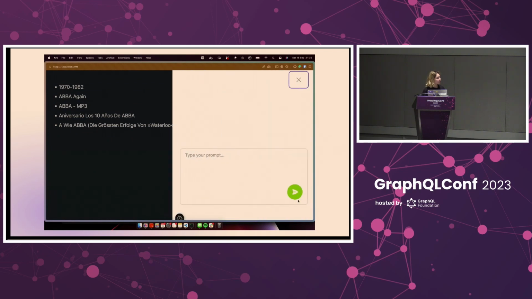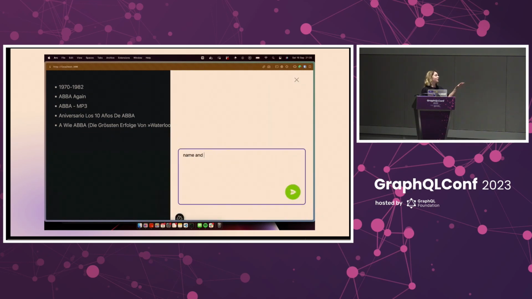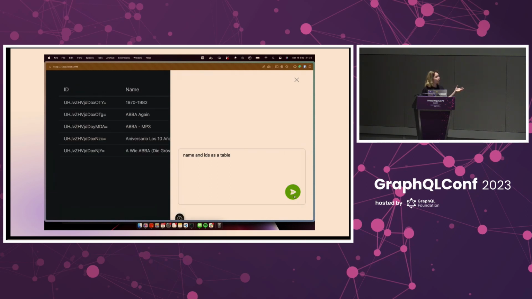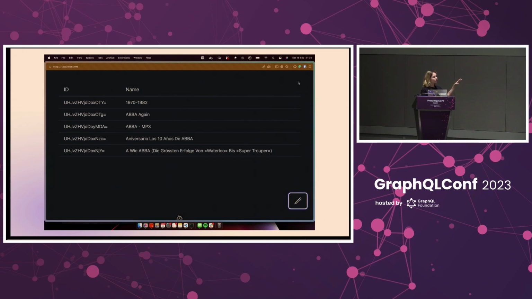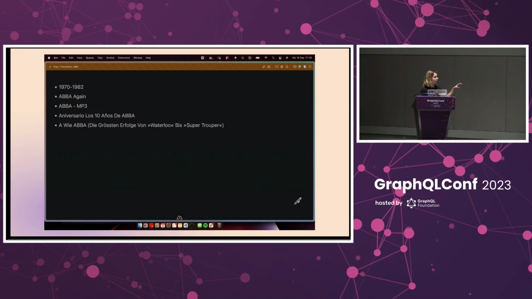So here's a very, very short demo. It doesn't look as nice as V0. It was built relatively quickly. But what they do right now, I type a prompt, and I have access to all the GraphQL data that I have